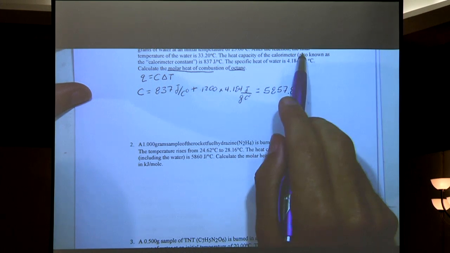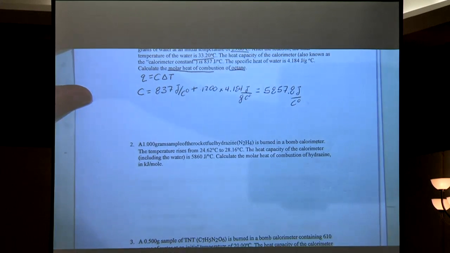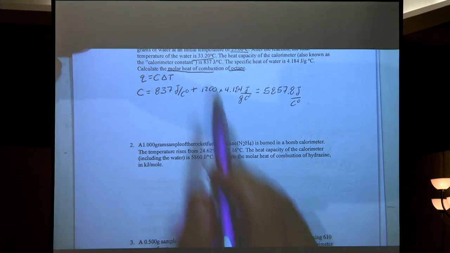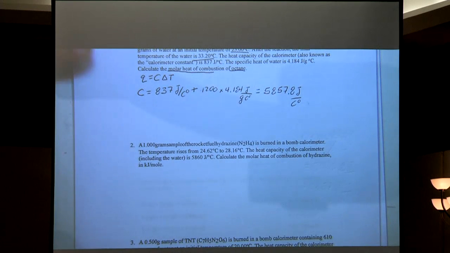After the reaction, the initial temperature is 25 degrees Celsius. The final temperature is 33.2 degrees Celsius. The heat capacity of the calorimeter, also known as the calorimeter constant, is given. Calculate the molar heat of combustion. Okay, so we're trying to find, per every mole of C8H18, what is the energy? So we're going to go Q equals C